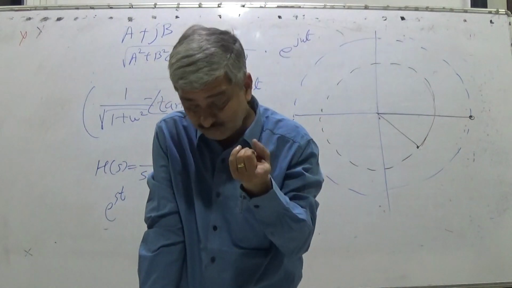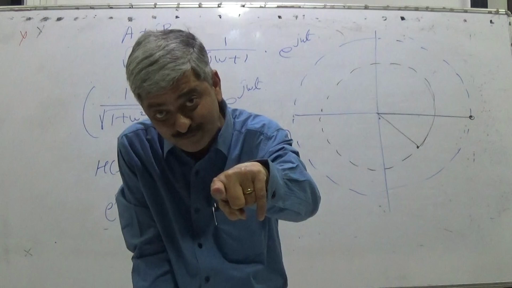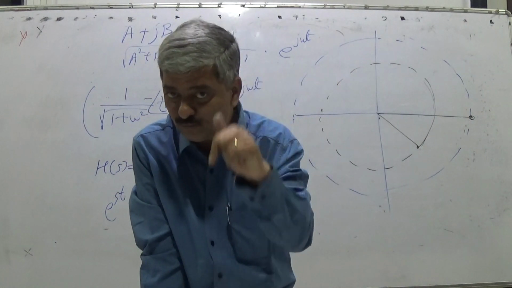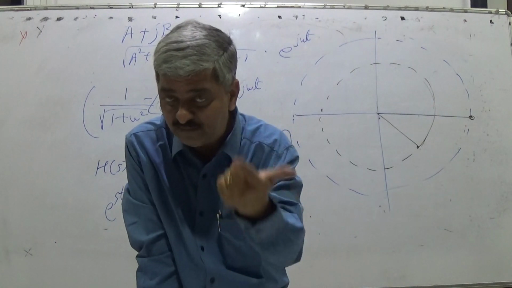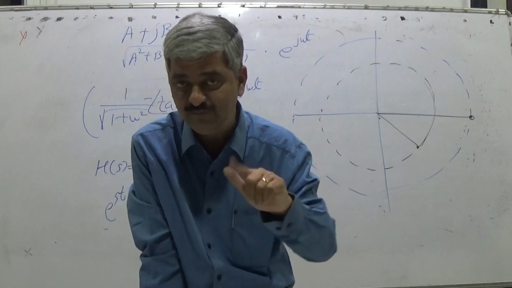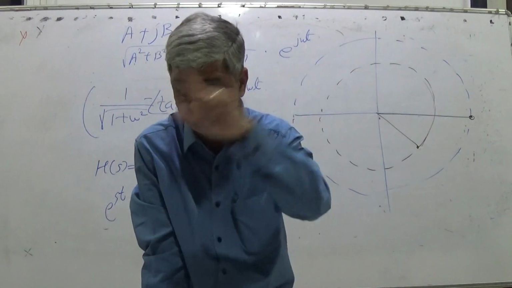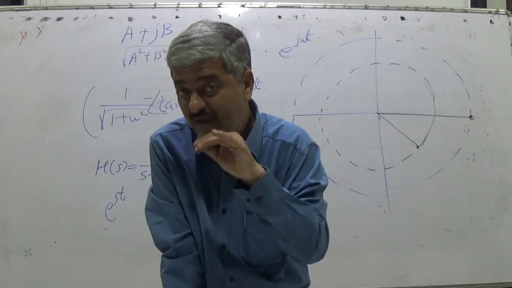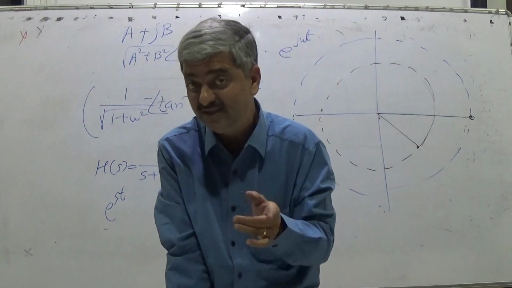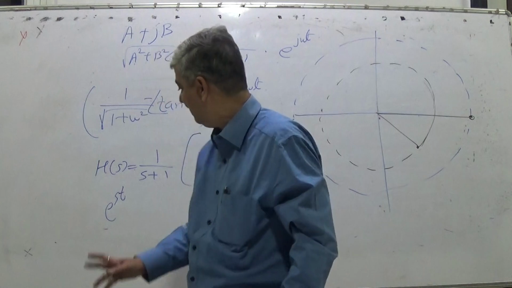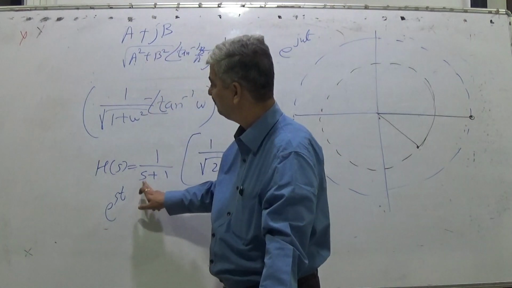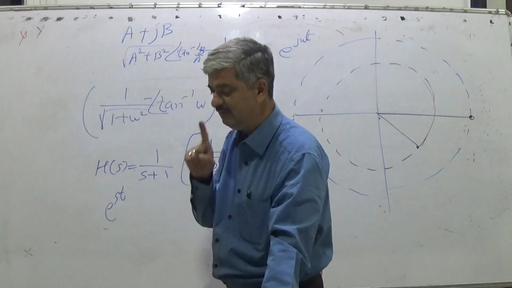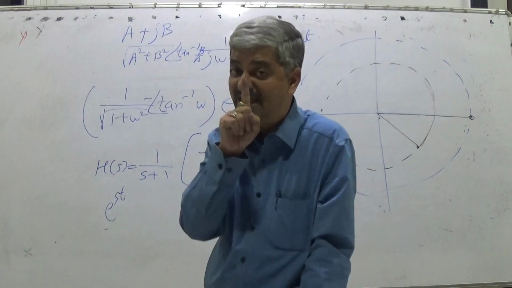So for these different kinds of input signals, what would be the output? The output is of the same type. If the input is rotating, the output is rotating. If the input is on a constant circle, or increasing or decreasing, the output also increases or decreases. If the input is helical, the output is also helical, but the relationship is different. As s comes into the picture here, when we take sigma equal to 0, it becomes an imaginary exponent.